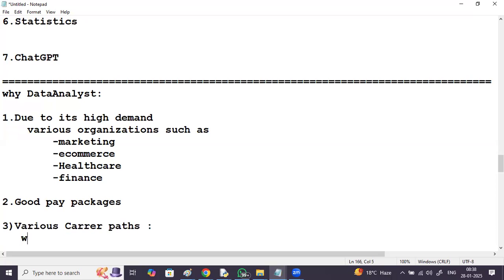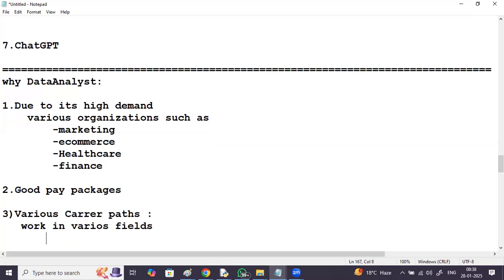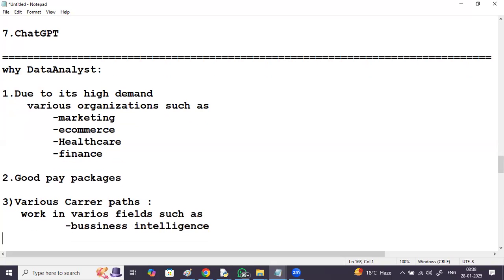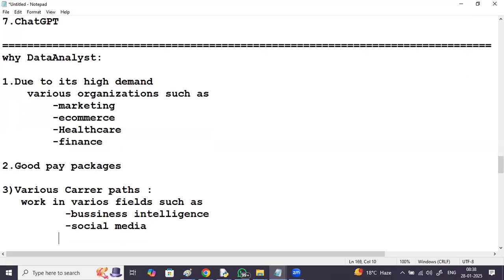You can work in various fields: business intelligence, social media, sports analytics, right?